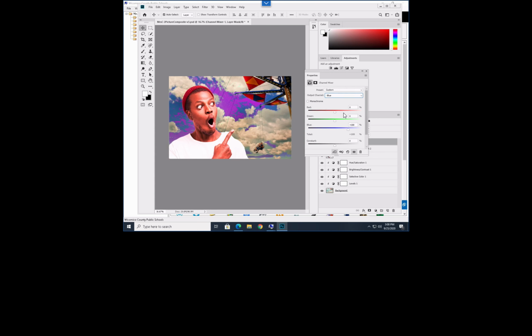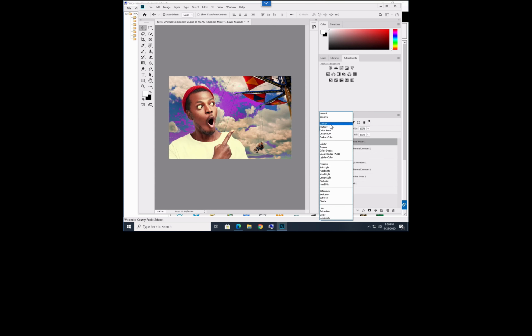What happens when we go with the blue? Whoops, we get completely different tones. Now I'm starting to like that because now he's got more of a purple look, and it kind of goes with my purple background. I want him to look like he goes with my background. I don't want him to look completely normal. So I'm going to keep that. He's got now this purple hat. And what I'm going to do, I'm not going to do any more to him in terms of adjustment layers,